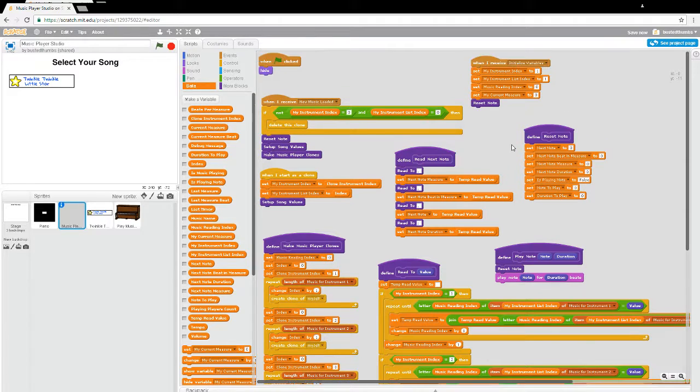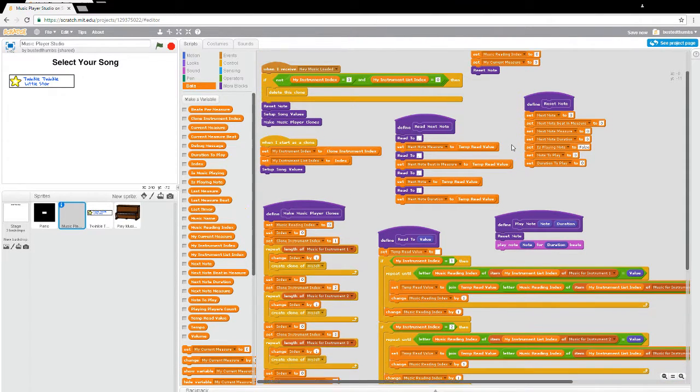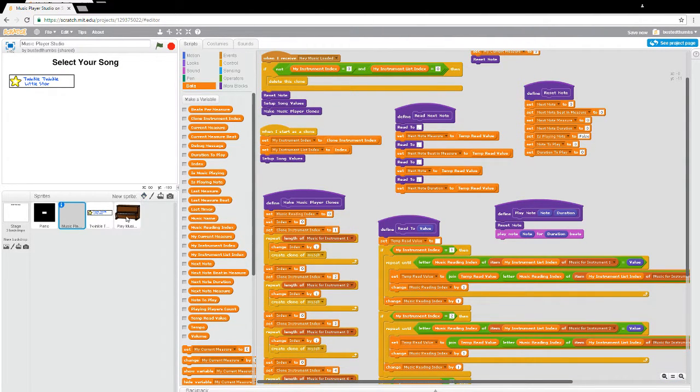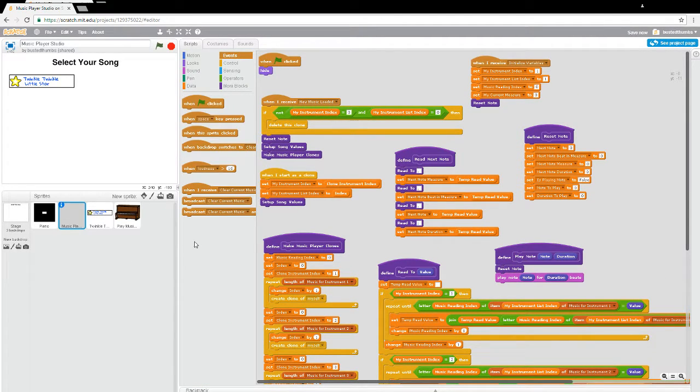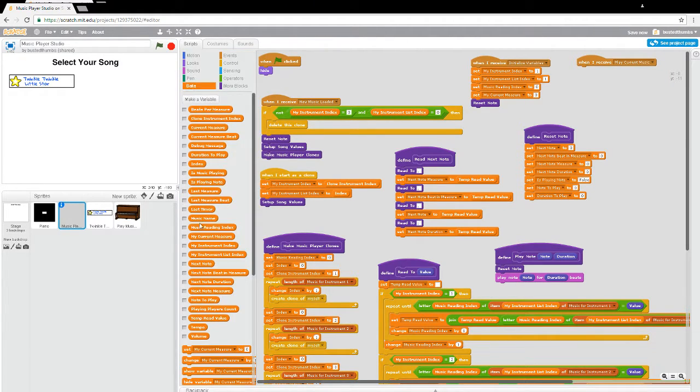So let's go ahead and go from working to working. There is an event that happens when the piano guy here is clicked, and we need to handle that message. So let's go ahead and get an event handler for that. So when I receive, and I believe it's play current music. When I receive the play current music, what I'm going to do is I'm going to set,